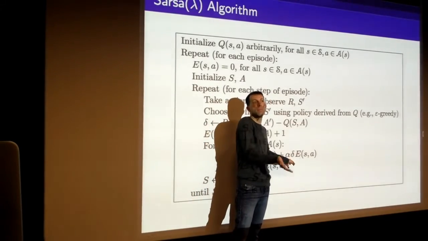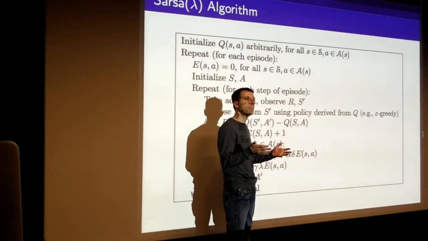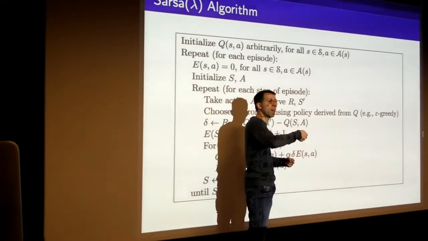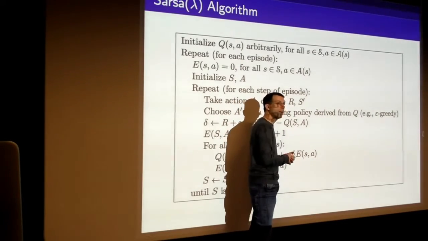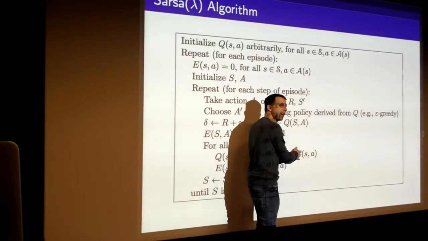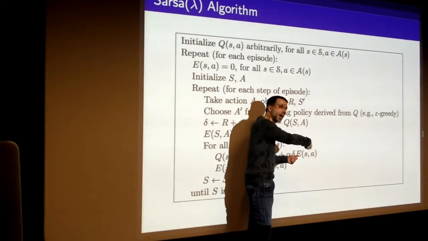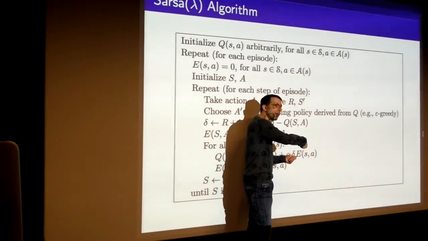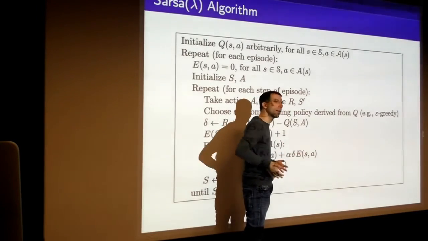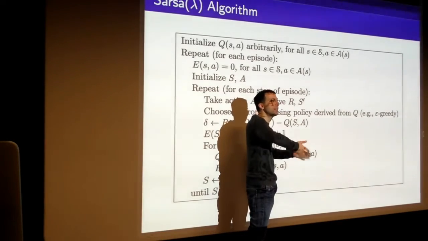So could you just take the mean by using, say, a 1 over n? Like, could we do the same thing that we did in Monte Carlo, where you count the number of times you visited that state action pair and plug in 1 over n as your step size? That would give you an incremental way to estimate the mean. But the thing which you're plugging into that mean is changing all the time because you're bootstrapping. So it's not really the same as forming a true mean. You're forming a non-stationary mean of that. You're throwing in there all of these different targets that you've seen at all these different times.